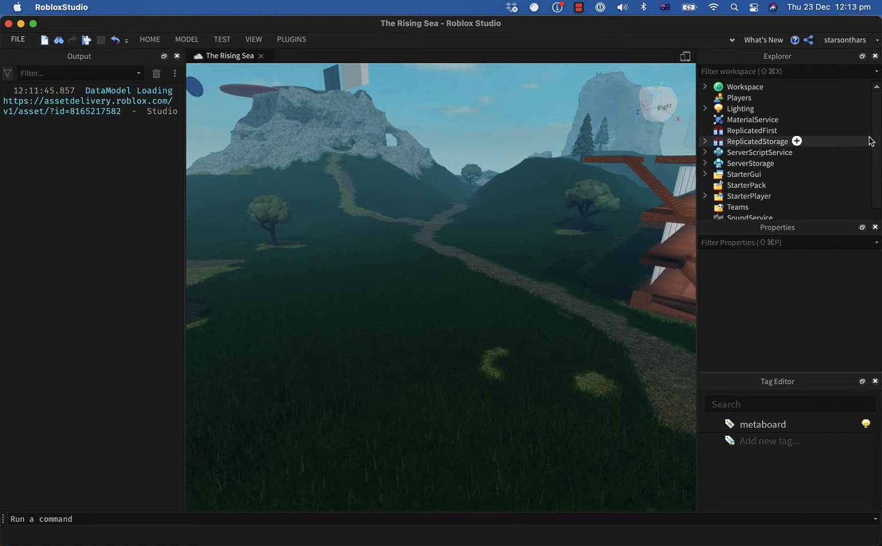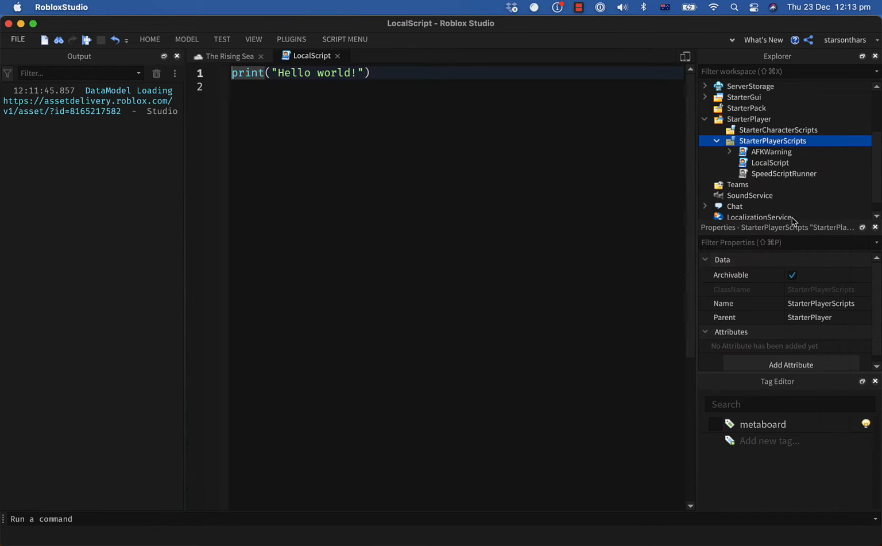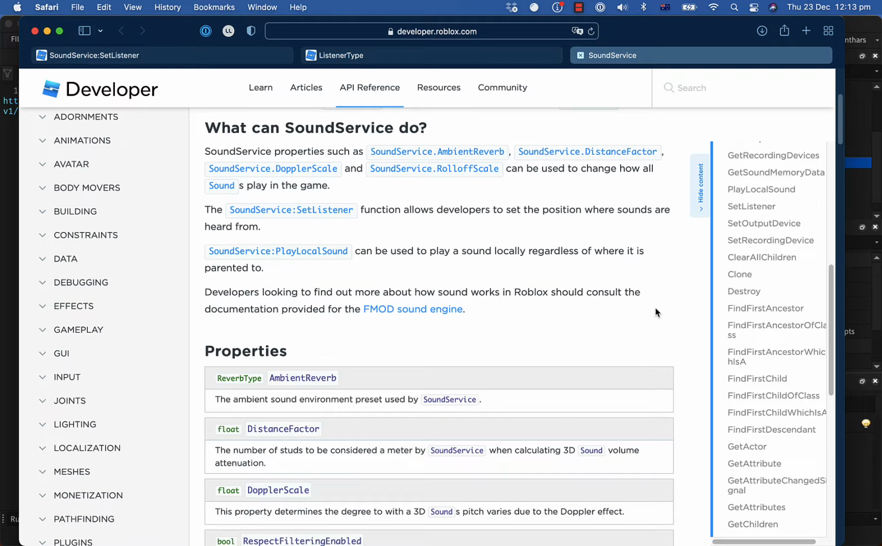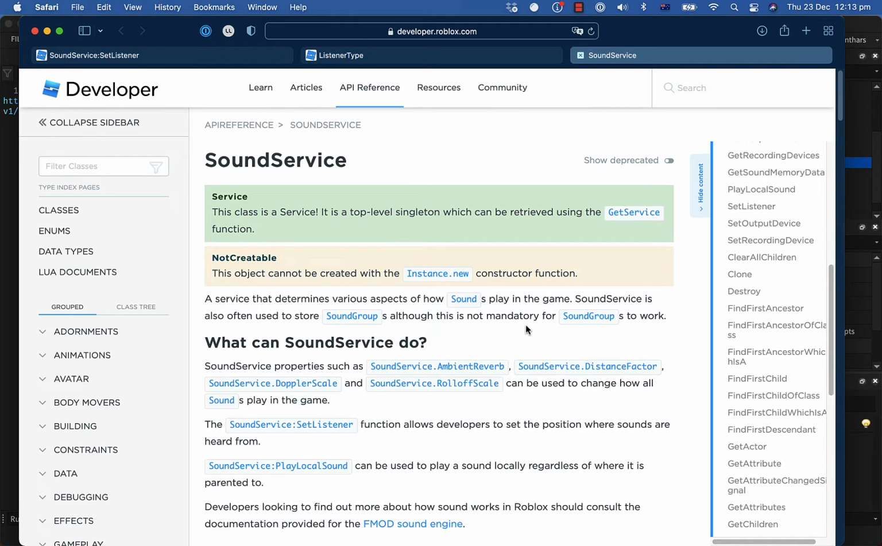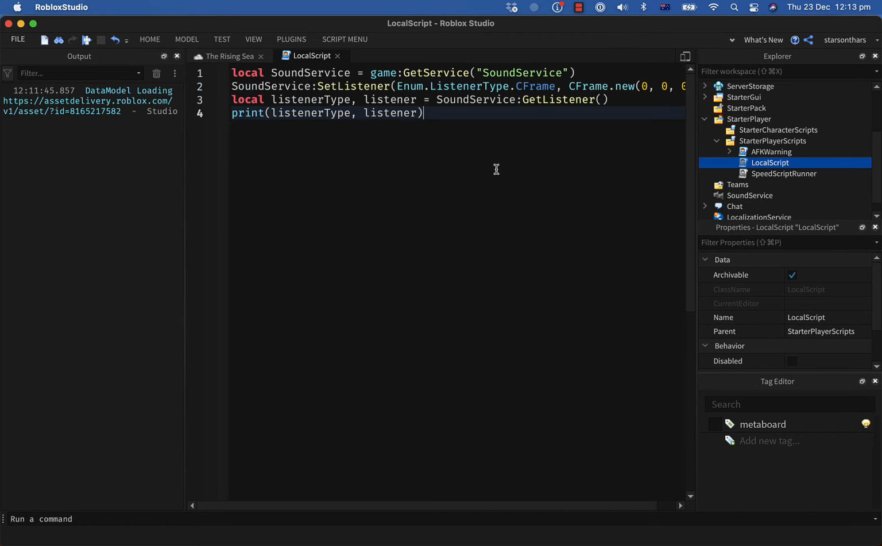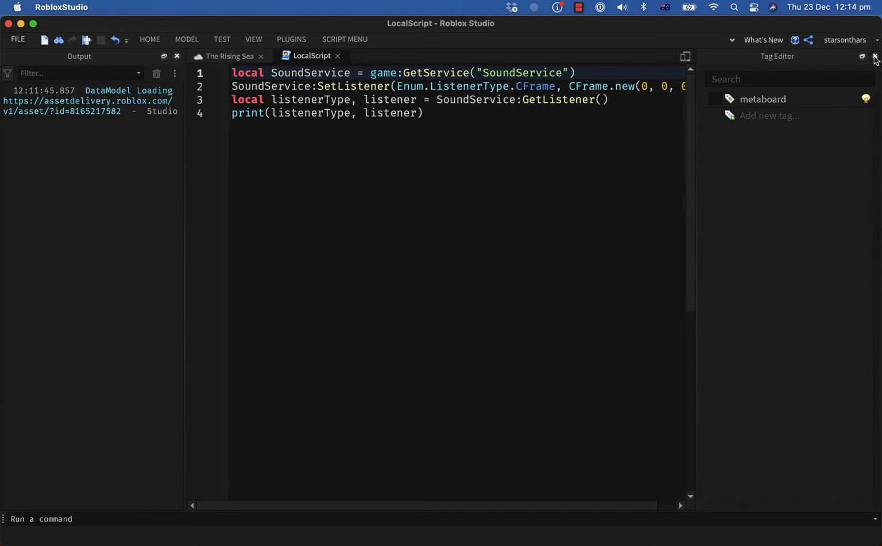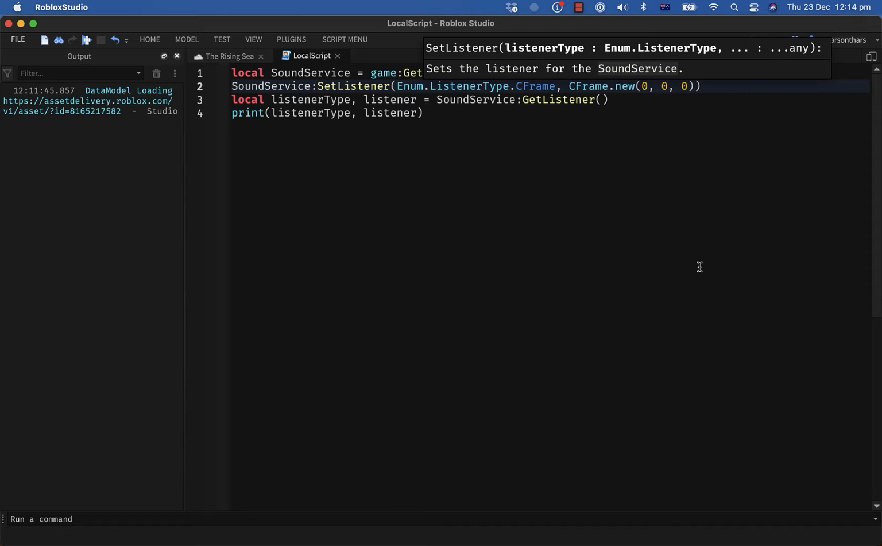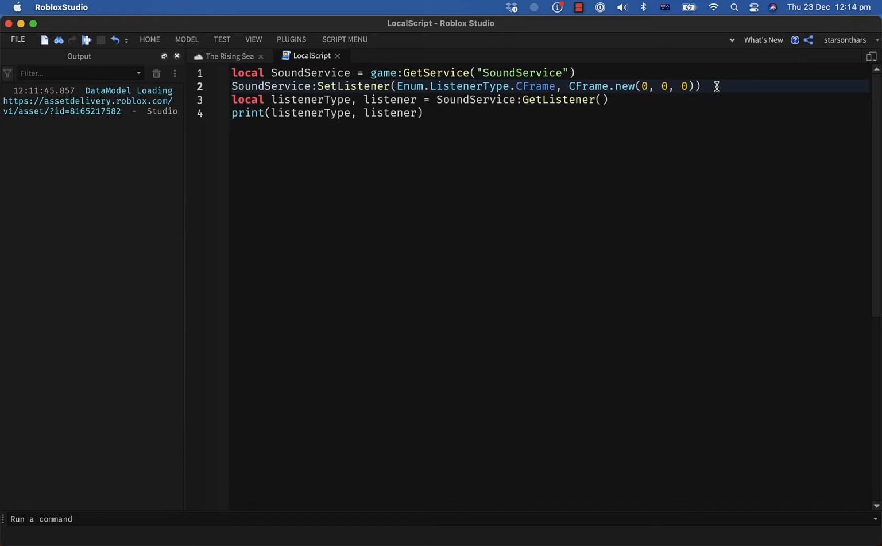Okay. So let's try something basic. So what should we try first? I think the SetListener is the obvious place to start. So this is just the code from that page. Alright, so